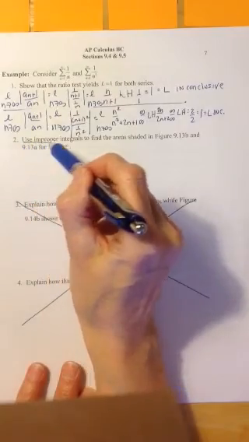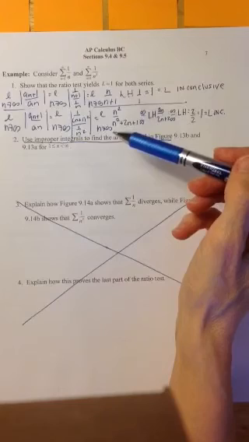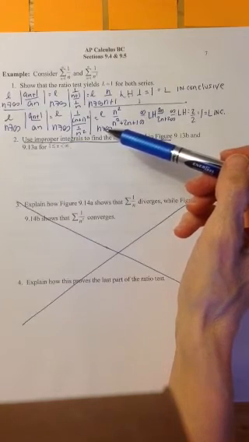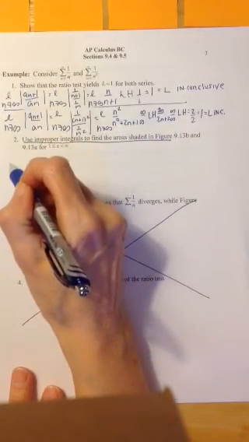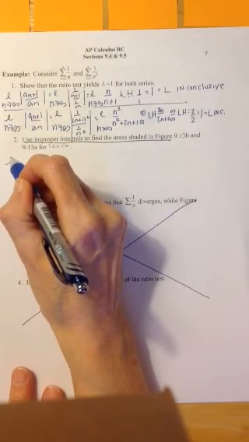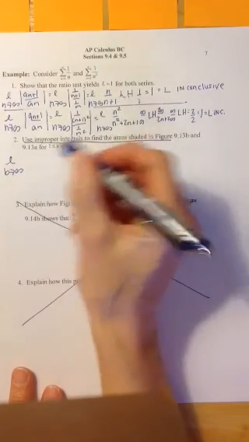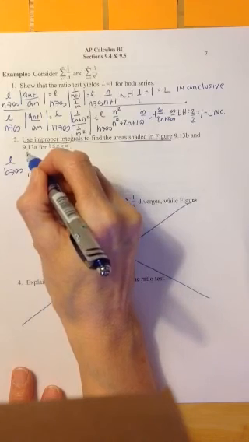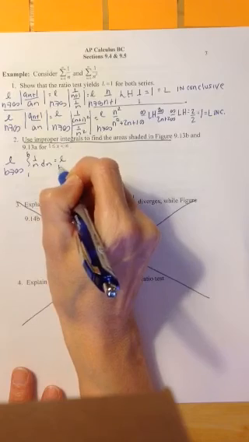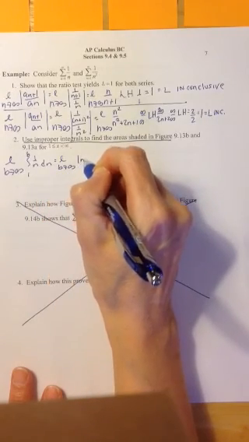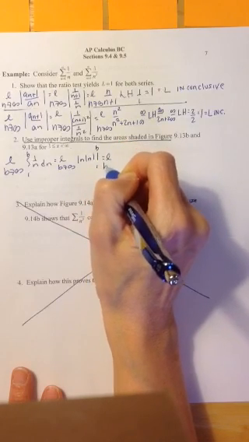So now we're supposed to use improper integrals to find the areas. And recall from chapter 8 is if we followed that process and we got a number, we converged, and if we did not come up with a number, we diverged. So we're going to go ahead and set it up. The limit as b goes to infinity, it will be improper, 1 to b, 1 over n dn. So we know that this is going to be the natural log of n, and we're going to evaluate that from 1 to b. So we get the limit as b goes